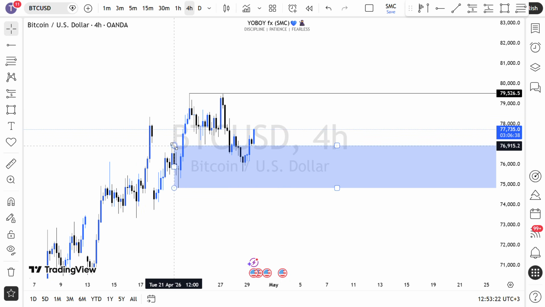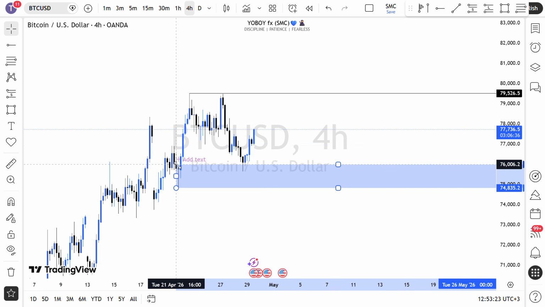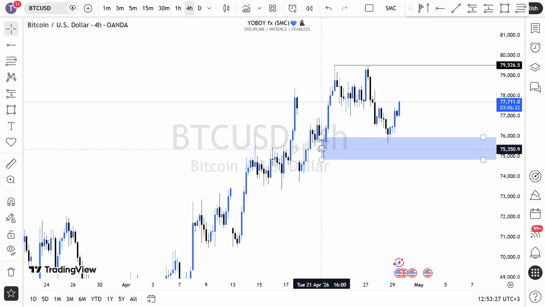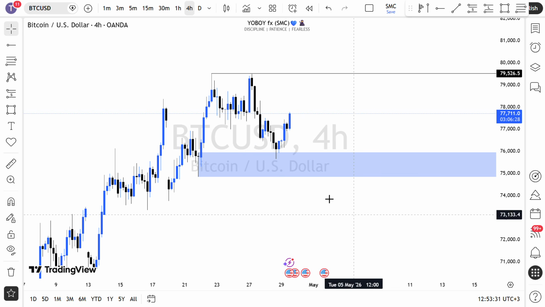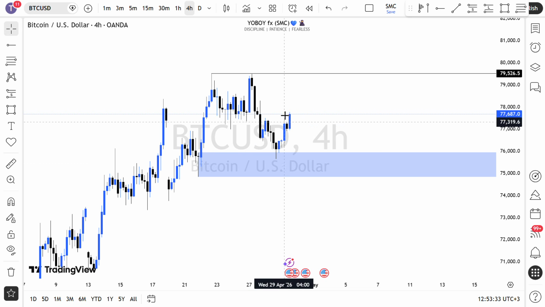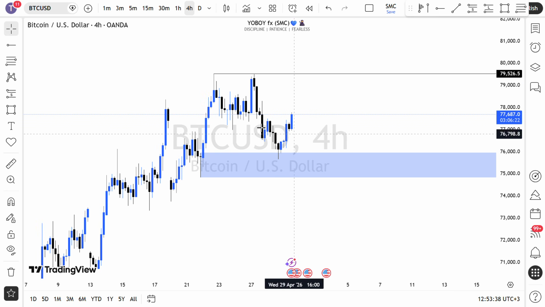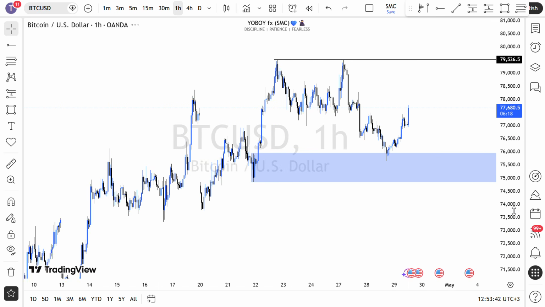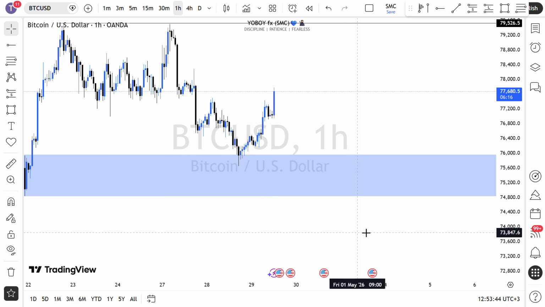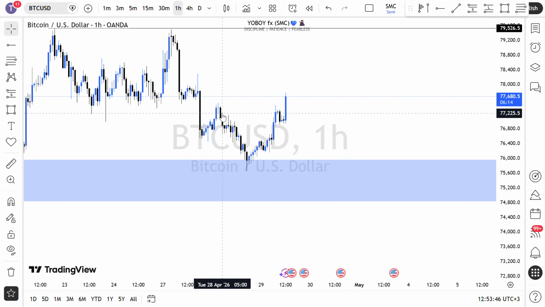So on BTC, to refine my order block, we have this 4-hour order block here. So price came into this extreme order block, the 4-hour order block, tapped into that 4-hour order block, and then we have this buy to the upside. So right now, if I drop into the 1-hour time frame, this is the last lower high that was formed, and price has currently